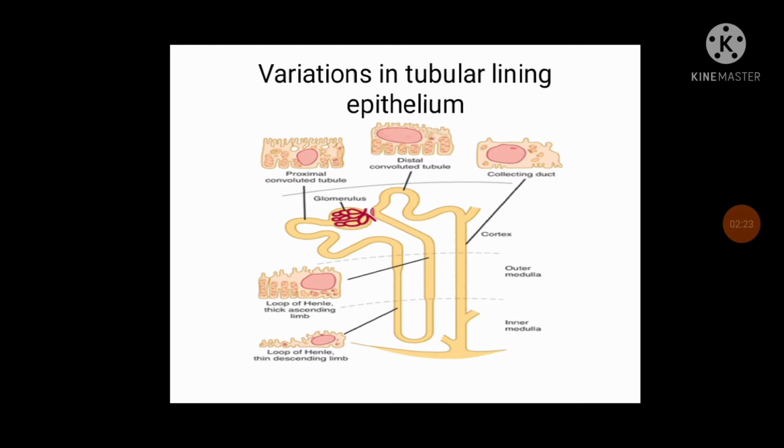There can be variation in the tubular lining of the epithelium depending on the activity of the different epithelial cells. In the proximal convoluted tubule you see a large amount of brush border, and a large number of mitochondria in the epithelial cells. Because this structure is highly active, it contains many carrier proteins, and the ATPase activity is maximum in the proximal convoluted tubule compared to the loop of Henle, distal convoluted tubule and the collecting ducts.